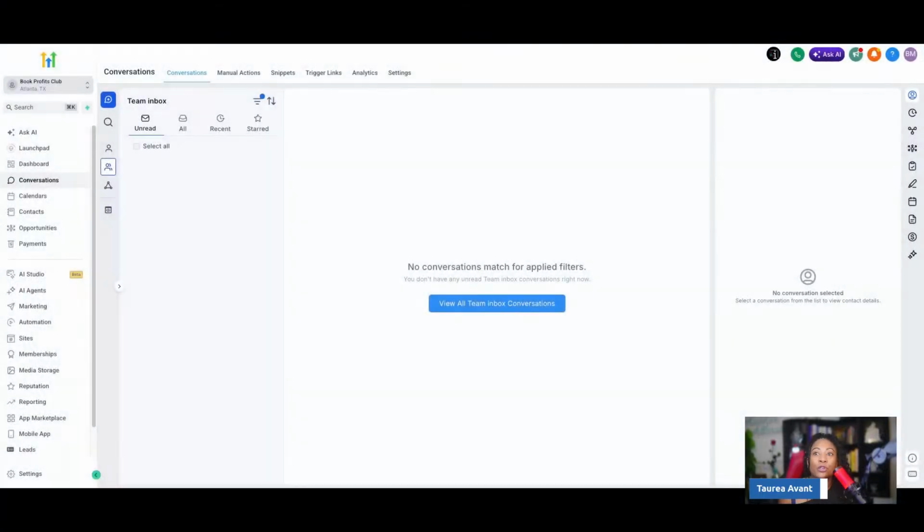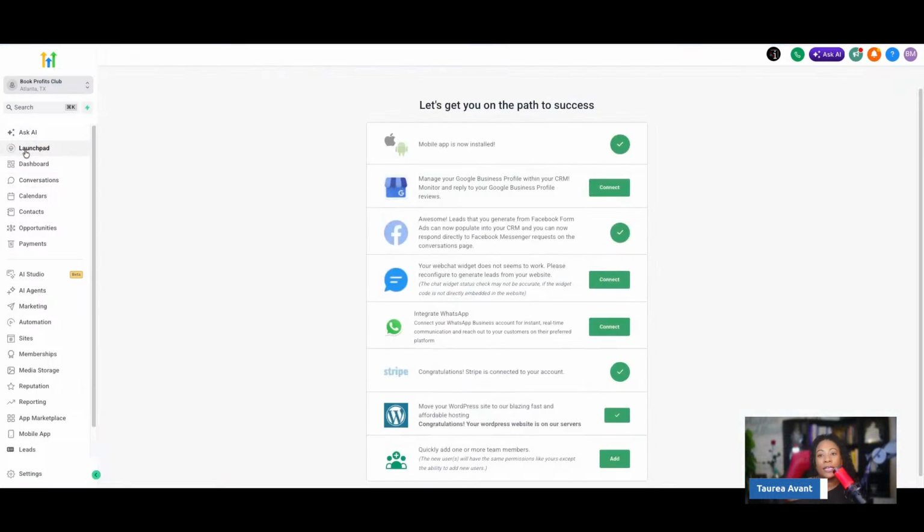So anyways, I'm going to show you the software. Let me pull it up on the screen so you can see. Today we're going to go over how to use this software to create a social media campaign. It's going to automatically create our social media and schedule it out. When you log into the software, it's going to look a little something like this, and depending upon the color scheme, it might look different.